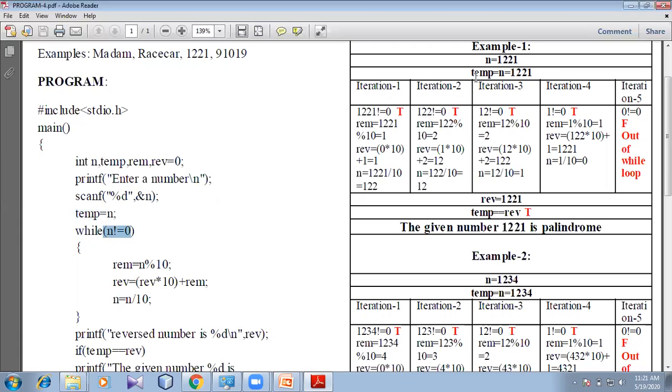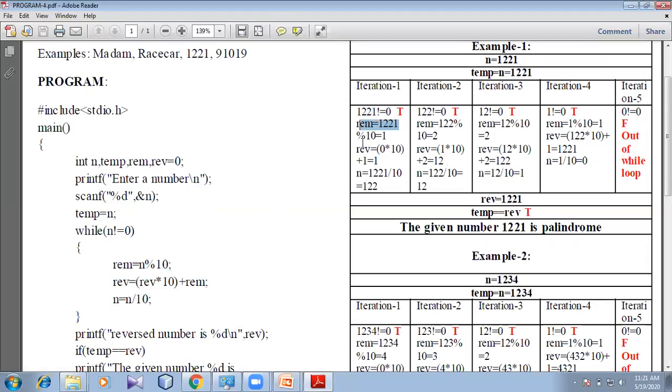Here the n value is 1221. Is 1221 not equal to 0? Yes, 1221 is not equal to 0, which means we evaluate it as true. Whenever it is true, it will enter into the while loop.